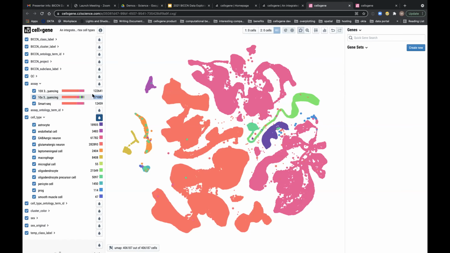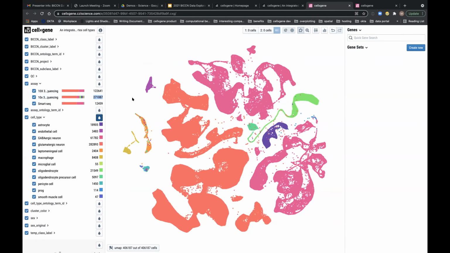I'm not totally sure on the experimental design of this particular study, but you can start to interrogate those types of questions, like, is my cell type present under this particular condition? You might imagine a scenario where you have a disease state versus a normal state, and you can see there's actually depletion of the cell type in the disease state.